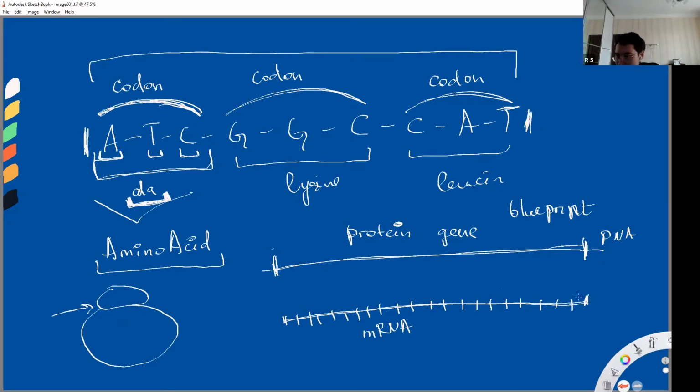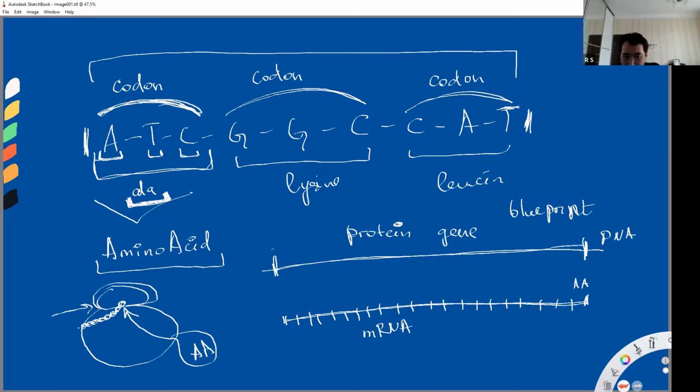Every single codon means an amino acid. So the ribosome recognizes these codons and takes amino acids that are floating inside the cytosol or cytoplasm, and starts building the protein chain,